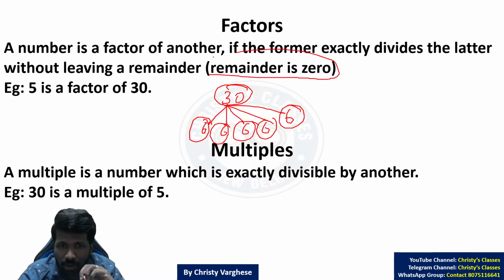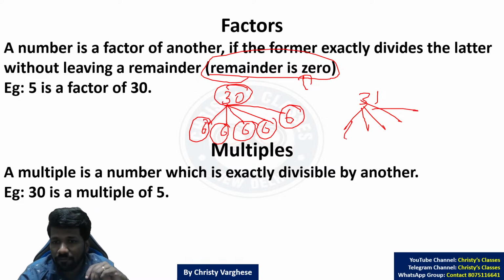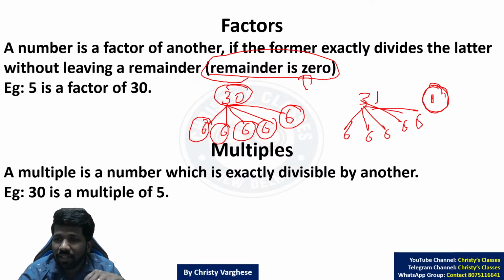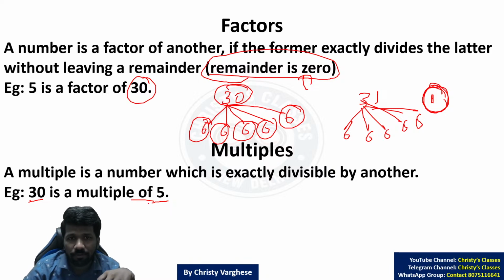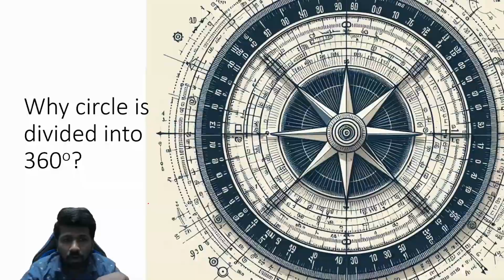If a mango is remaining, there is a remainder. That is what we call remainder in maths. For example, if it is 31 mangoes and you try to divide among 5 people, everyone will get 6 mangoes, but after that there is 1 mango left. There will be a fight over that 1 mango, or rather, it is not exactly divisible. That is why it is not a factor. 5 is not a factor of 31, but 5 is a factor of 30. Similarly, 30 is what of 5? 30 is a multiple of 5. Factor and multiple, I hope all of you are clear.